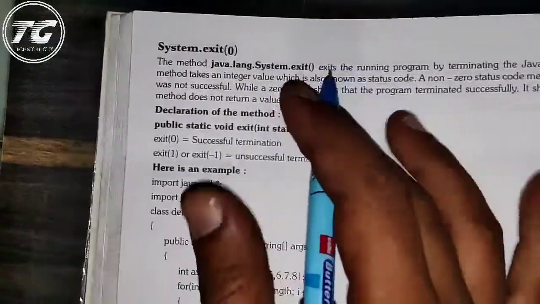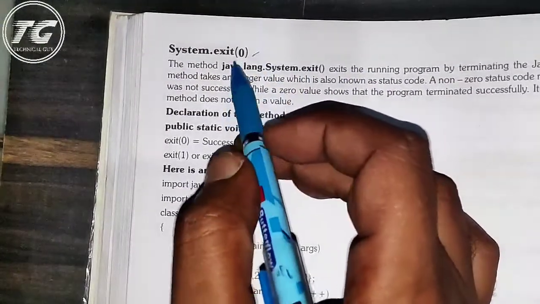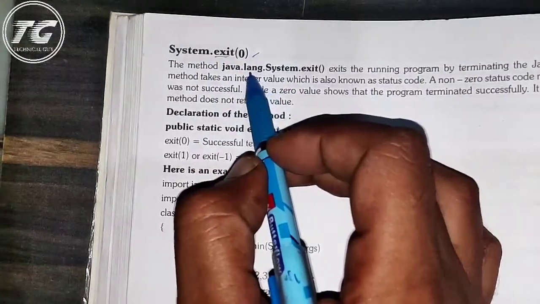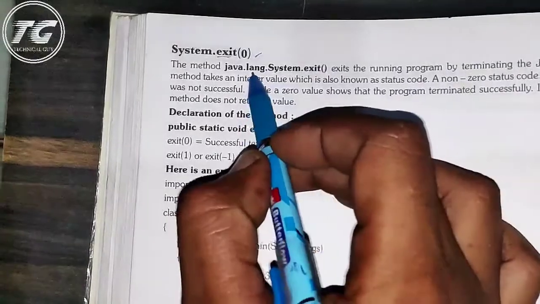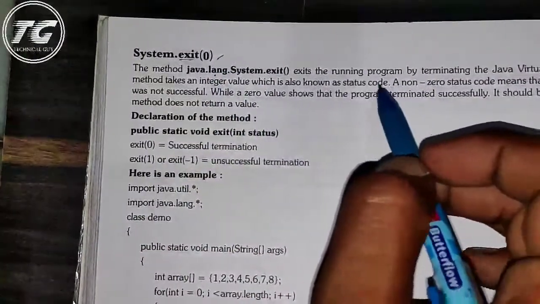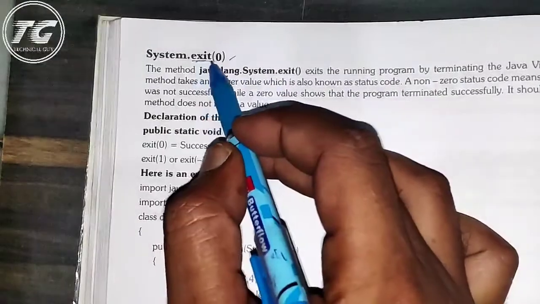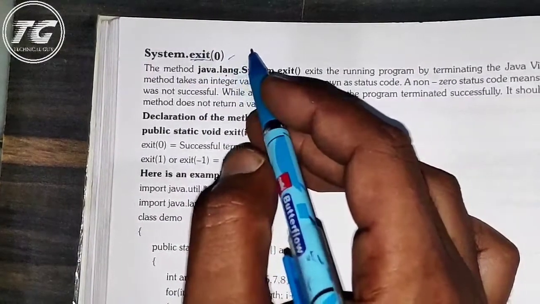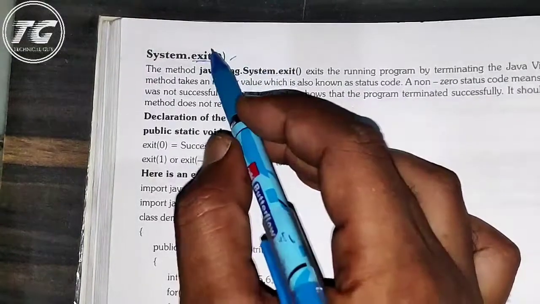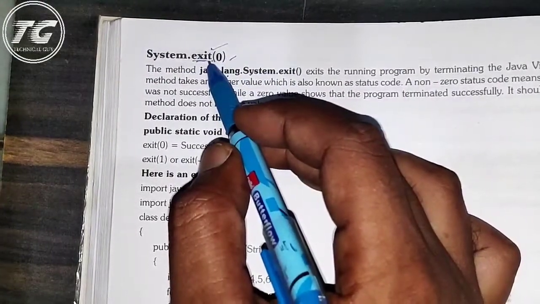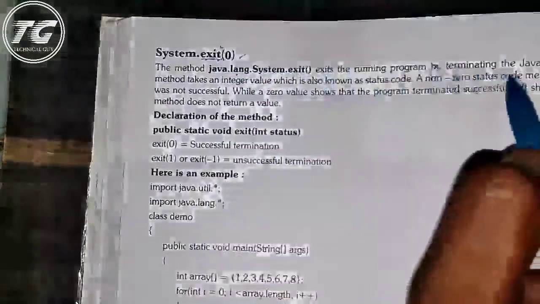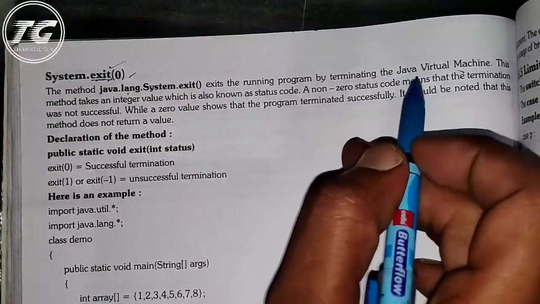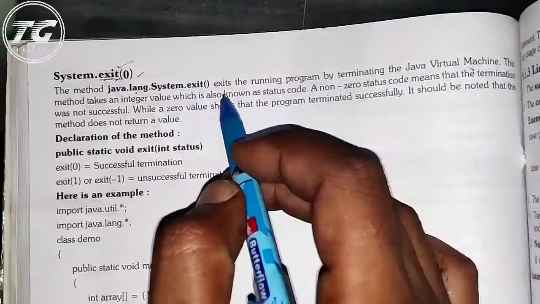Here we have another statement that is called system.exit. So exit is actually a method, and this method is available in java.lang package. This method can be used to stop a running program. Suppose you want to stop your program, you can use system.exit method, and this method will terminate the JVM. JVM is your Java virtual machine. So it is the environment which is executing your program.